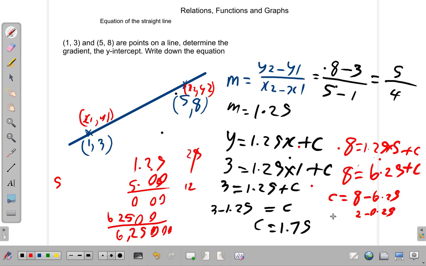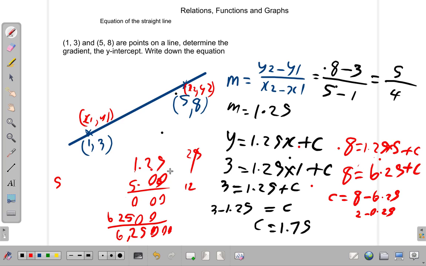So what that is saying is that you really could use any of the points to calculate C, right? You could use point 1, where you have y equals 3 and x equal 1, or you could use point 2, where you have y equal 8 and x equal 5, and then you do your calculation. All right,